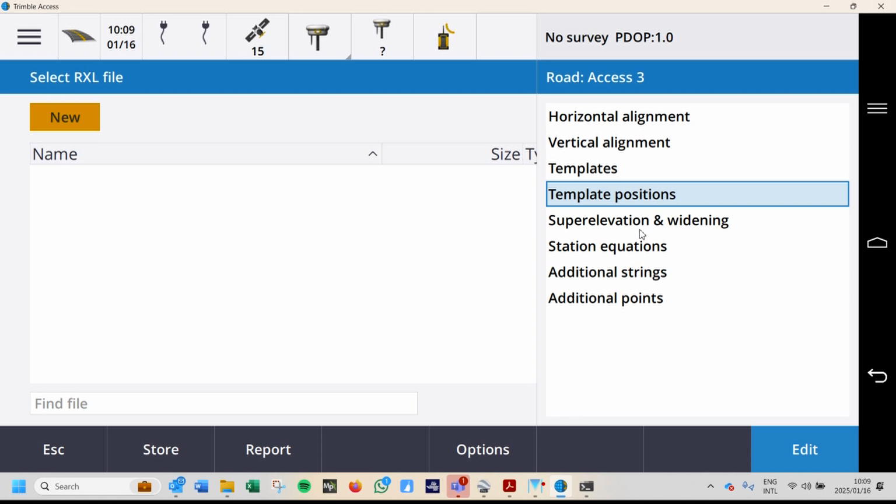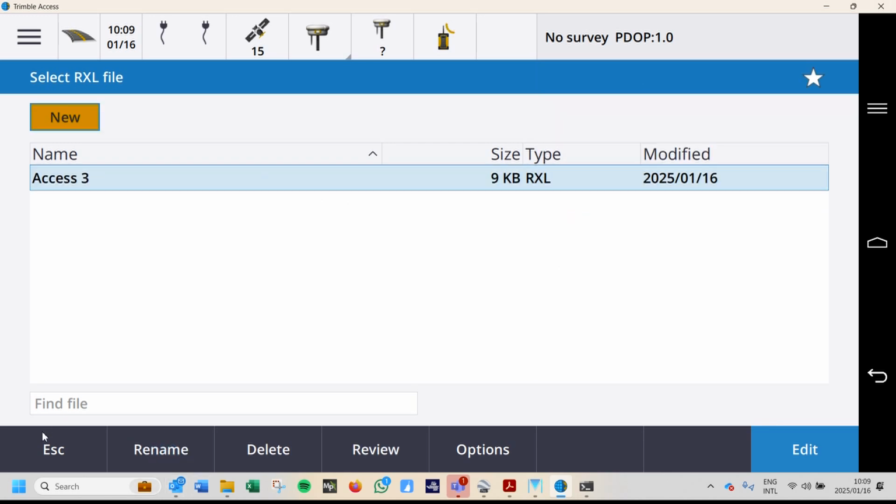We do not have super elevationing and widening, so we don't have to enter that. It's a very simplified road that we have entered at this point. So store this alignment, and you can see now it is listed in our RXL file. Escape,